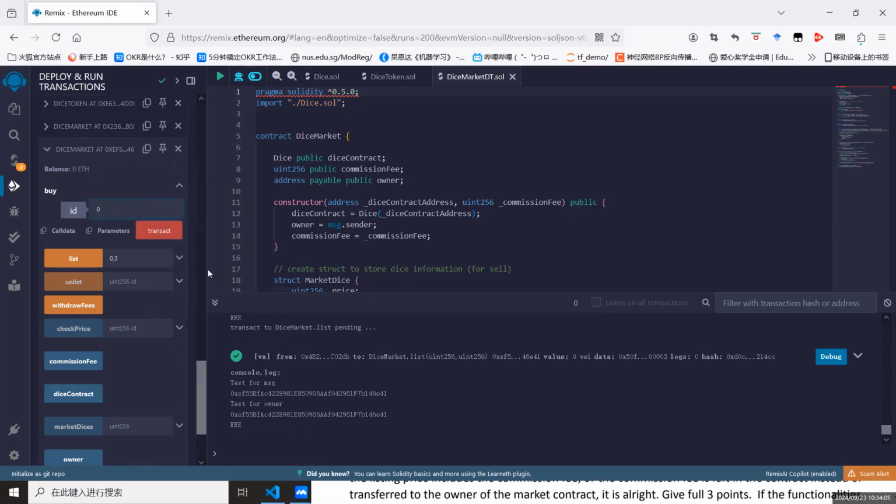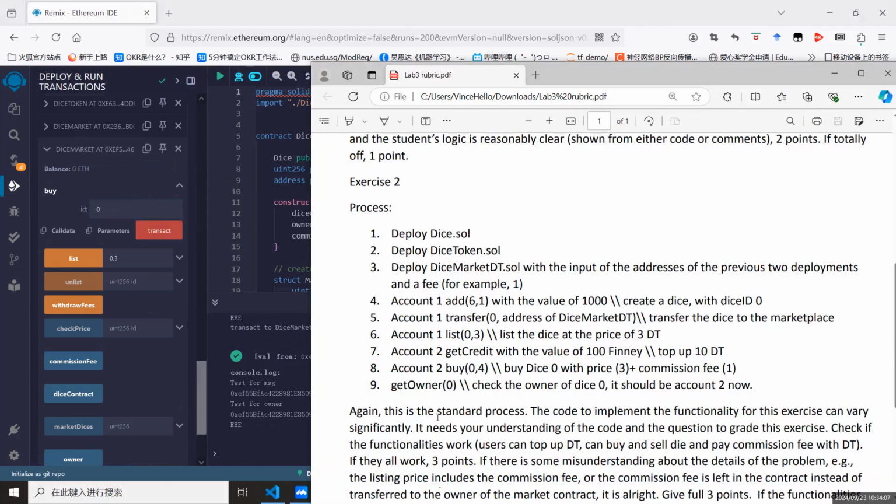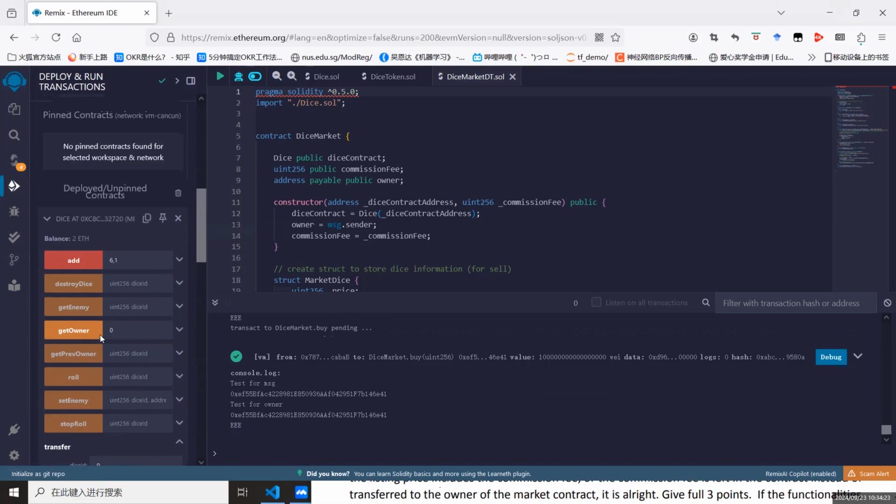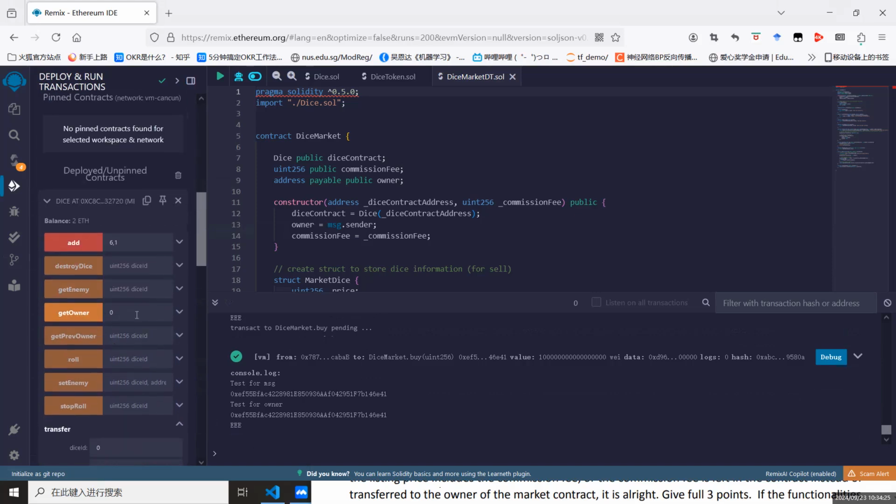You just enter the account, the dice ID. Now we can see it has been successfully bought the dice 0. So we can check the owner of the dice 0,